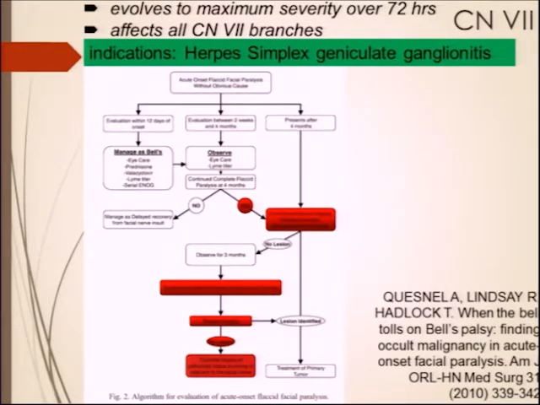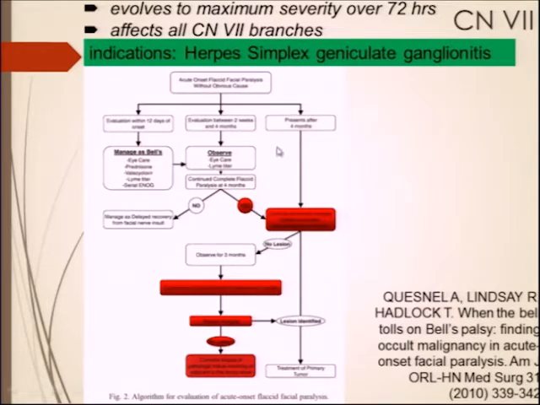So actually, Doctors Cannell, Lindsay, and Hadlock at the Mass Eye and Ear tried to help us with that, and have suggested that the most important time point in evaluation of patients with facial paresis is at about 4 months. They suggest that depending on when the patient comes to them for evaluation, if the paralysis persists, continued complete flaccid paralysis at 4 months, they suggest imaging the nerve, even if the initial clinical findings fit a